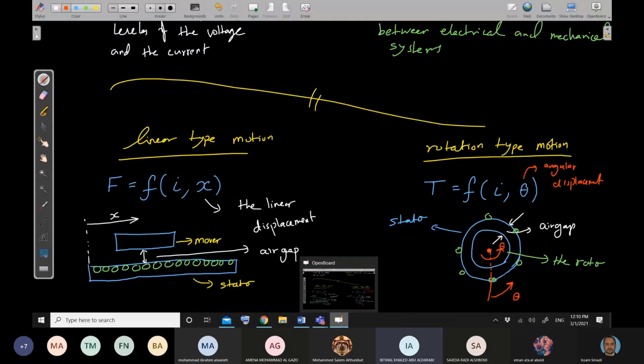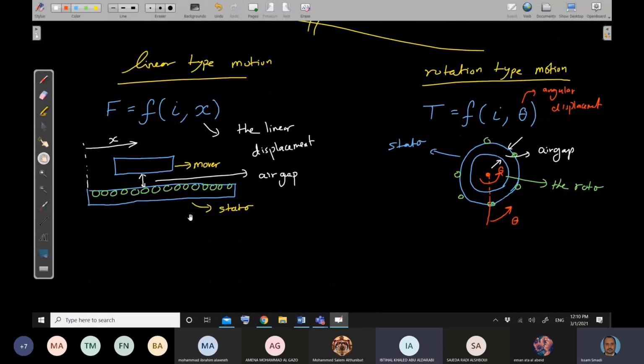Doctor, the mover is the one that controls the number of windings? No, the mover is the moving part, the part that's under motion. This is the mover. The stator is the stationary part. Now the linear type, it's the transformer, right? No. The linear type of motion, this can be an electric train, by the way, is a linear motion or linear motor,